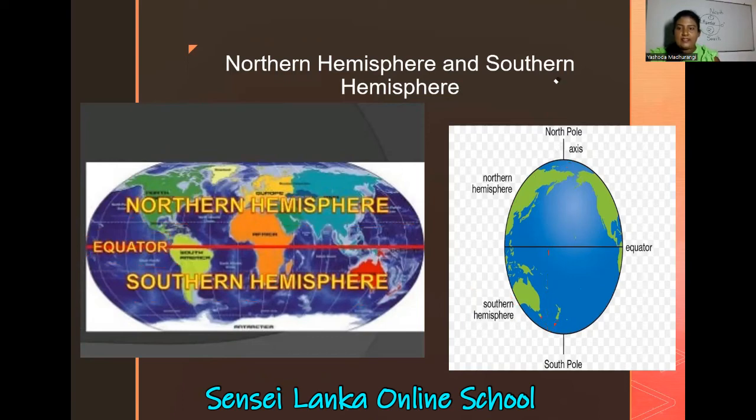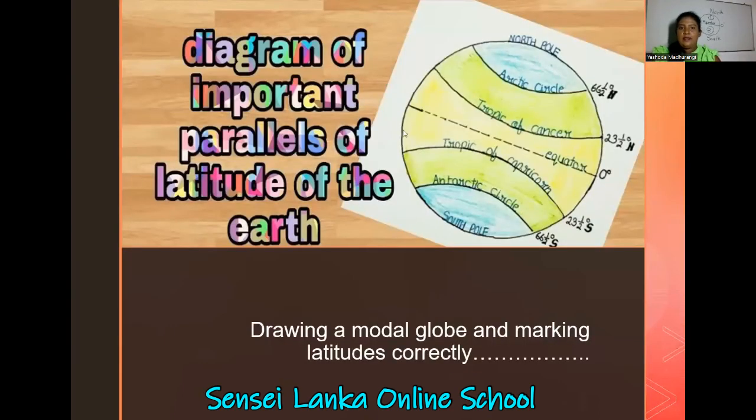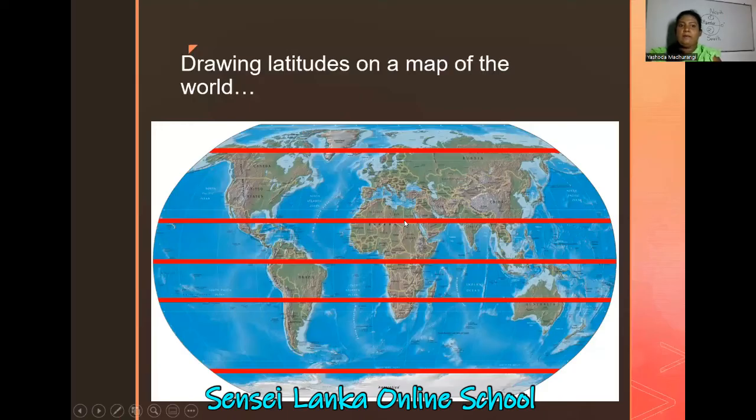So my dear children, stay with me. Look at this diagram. This is the way of drawing it. I showed you a picture earlier. If you have color pencils, you can do it like this in the picture. You can color them. Even at the exam, you can color them like this. Look at the picture in my presentation. So, it looks very attractive. It makes your writing books beautiful. When you are studying, they will go into your mind quickly.